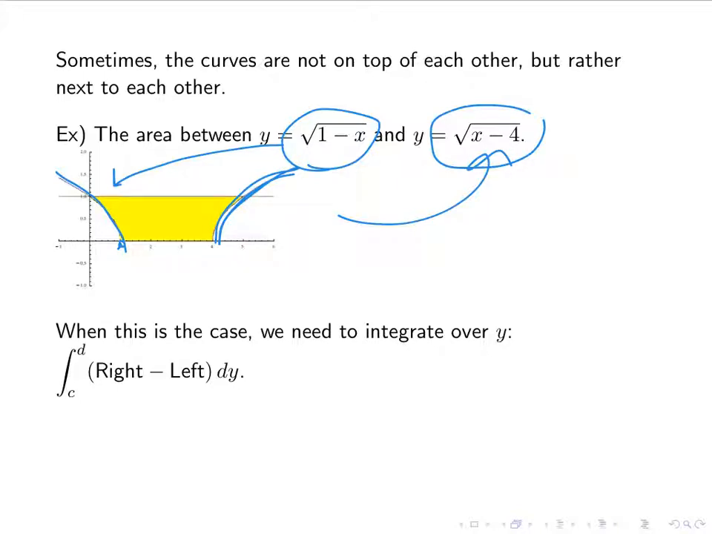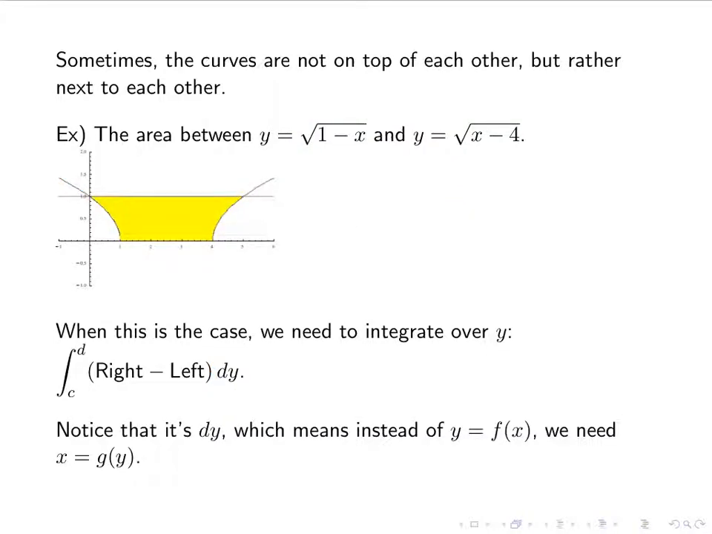So we have a left function, we have a right function. And so, again, the main thing to take away here is that it's over dy. So I cannot use y equals square root of 1 minus x. I can't use y equals f of x. I need to change it to x equals g of y. So that's going to be part of the problem. I need to change everything that's in terms of x to be in terms of y. And remember, the c and d, again, are y values. So I don't care about the x values, I care about the y values,